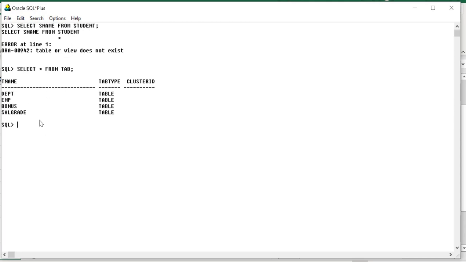If you see the employee table, this is common whenever the database has plenty of lines. We set the line size and page size.